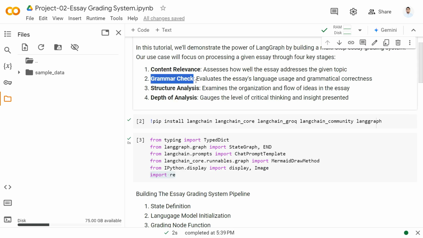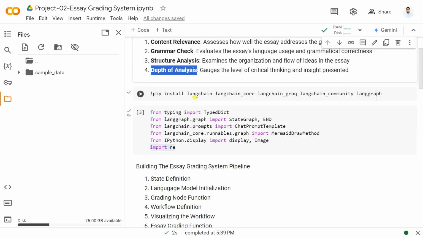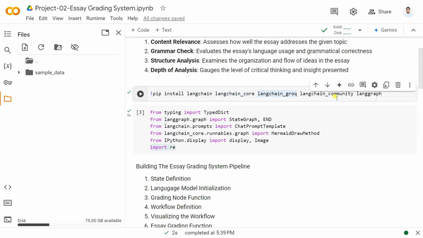इसके बाद ग्रामर चेक करना है। इसके लिए हमको एक फंक्शन क्रिएट करना पड़ेगा। स्ट्रक्चर भी एनालाइज़ करना है, कि स्टूडेंट ने जो आंसर दिया है उसका स्ट्रक्चर अच्छा है या नहीं, उसे डेप्थ में एनालाइज़ किया है या नहीं। और चेक करके आप उसको एक फाइनल स्कोर दे सकते हो। तो इसलिए हमने लैंगचेन, ग्रॉक, कम्युनिटी और लैंगग्राफ इंस्टॉल किया है,